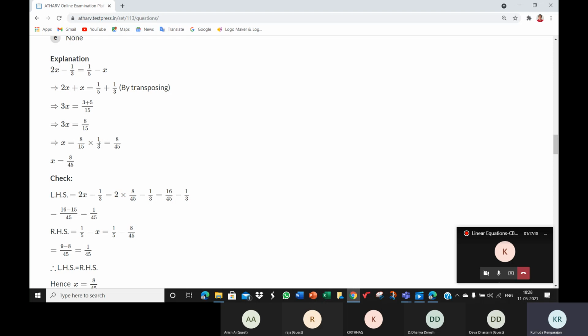You should have come across that situation. When you have divided by 2 by 5, we say multiplied by 5 by 2. So this 3 comes to the other side for division. So divided by 3 on the other side is the same as multiplied by 1 by 3, reciprocal. And how do you multiply fractions? Multiply the numerators. 8 into 1, 8. Multiply the denominators. 15 3s are 45.